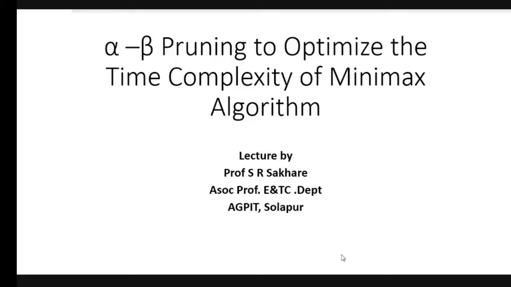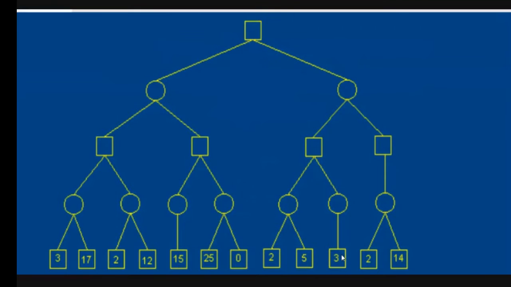So to have an improvement over this, there is a method called alpha beta pruning. In this pruning method, we try to remove the exploration of unwanted nodes. This is the way we reduce the number of nodes which are not important for us to explore. So let us begin with this tree, which is taken as an example to make our algorithm run on.